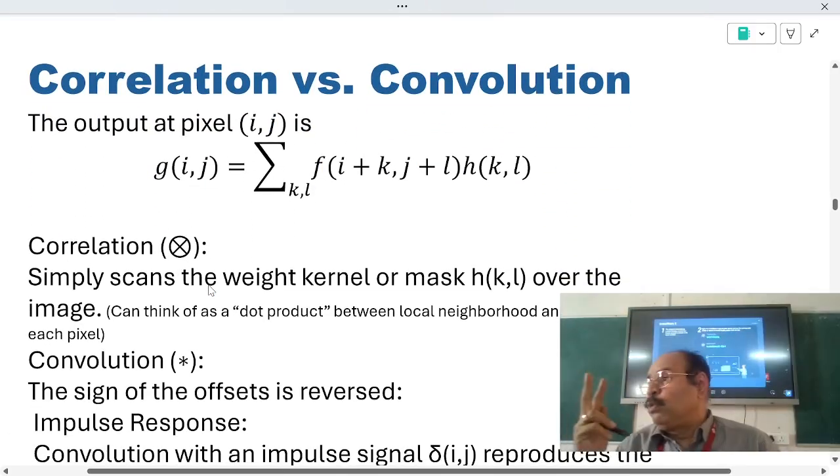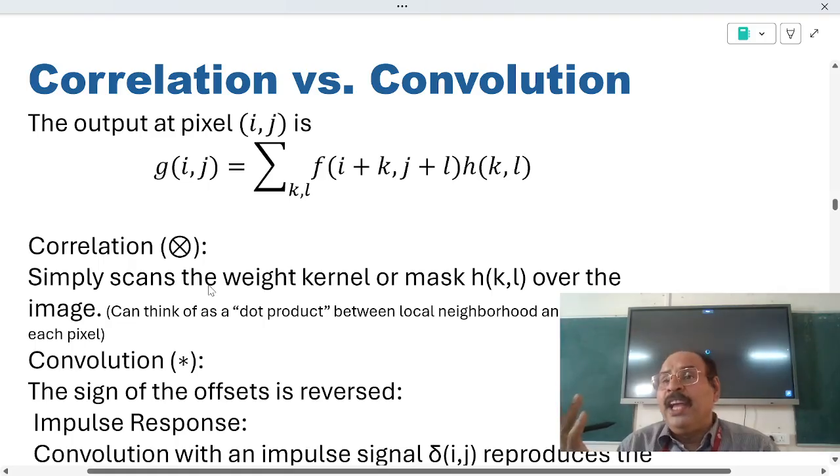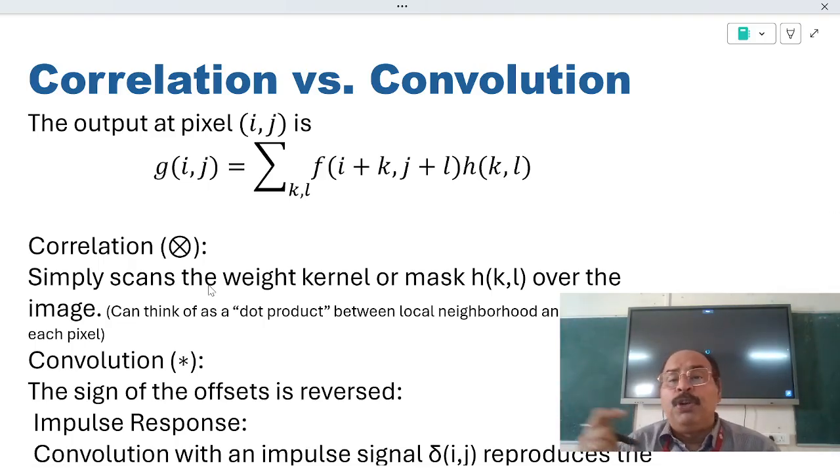So here we have two types of operations. One is the correlation operation and the other one is the convolution operation. So at each point of the output image,